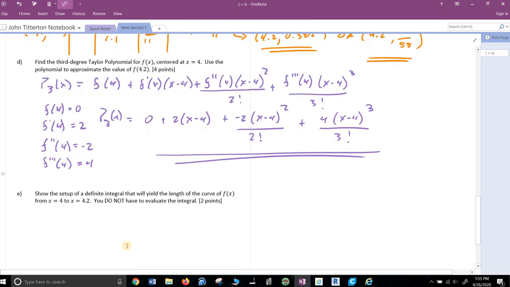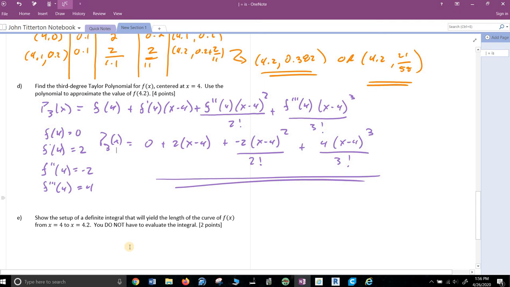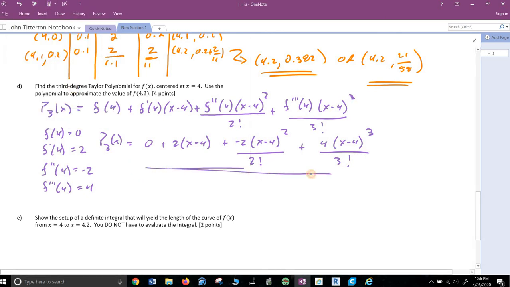You can simplify. As a matter of fact, I think you need to for the last step, but I'm not sure. Oh, actually, I didn't read the full question. Approximately 4.2, so that's when you need to. I got to erase this. I got a little carried away with my beautiful polynomial. Good. And then P3